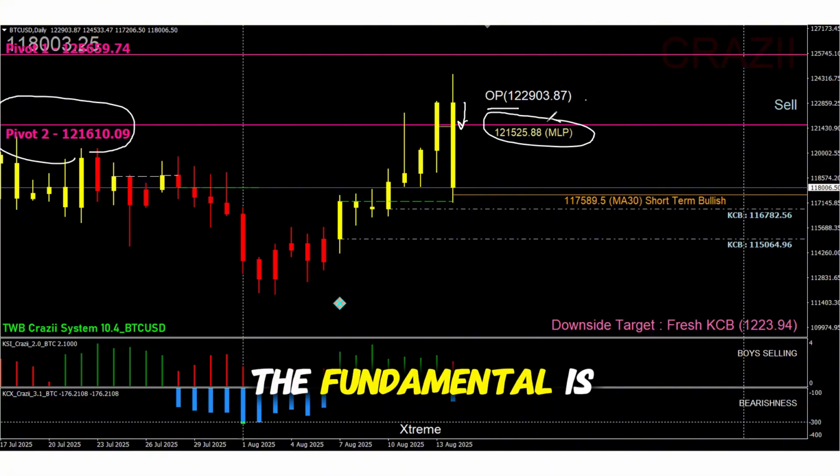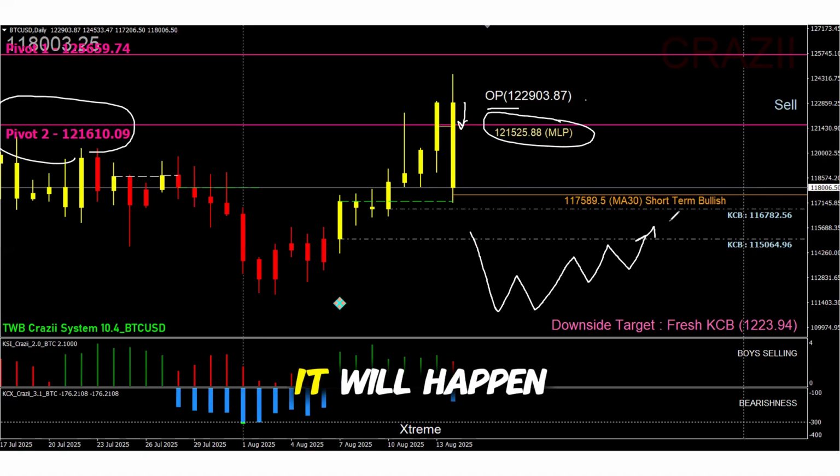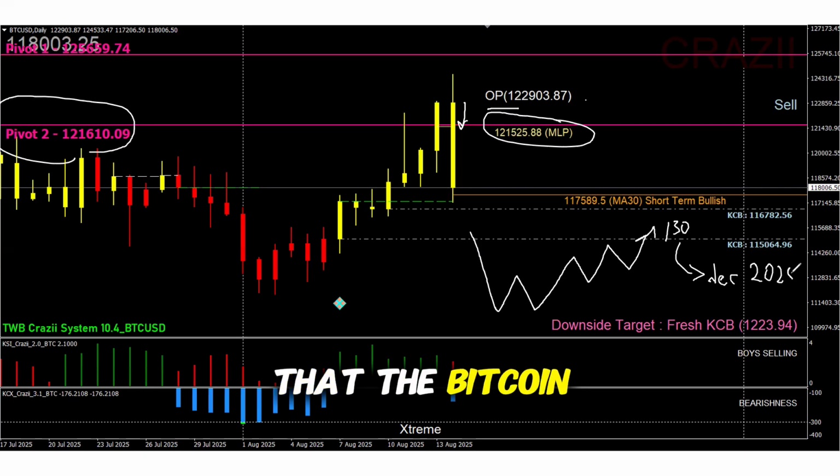Now, we all know that the fundamental is that everybody is calling for Bitcoin to buy, to 130, 150, 100. I'm still one of those who call for 130 for upside. But I also say that there will be a pullback. That means that eventually it will go to 130, it will happen. And I target this by when? December 2025, I believe that Bitcoin will hit 130,000. But every time it goes there, there will be a pullback, as always. So that is what I'm saying right now.